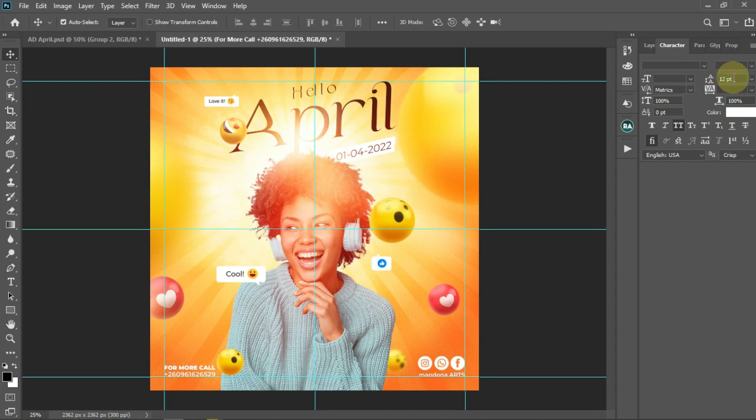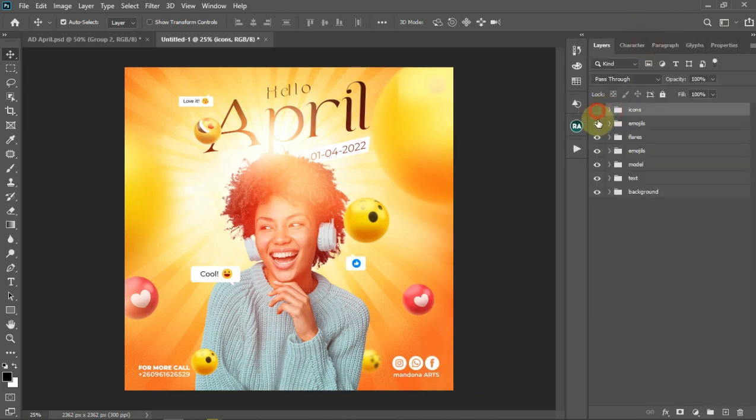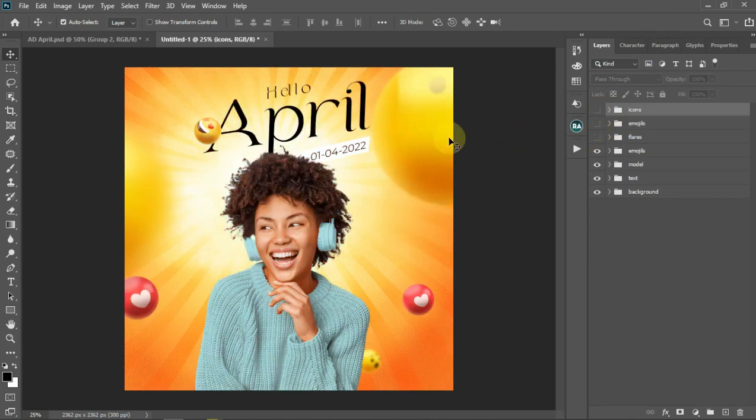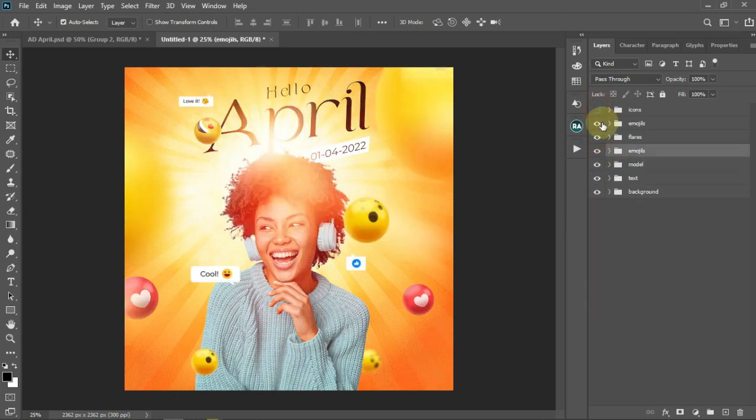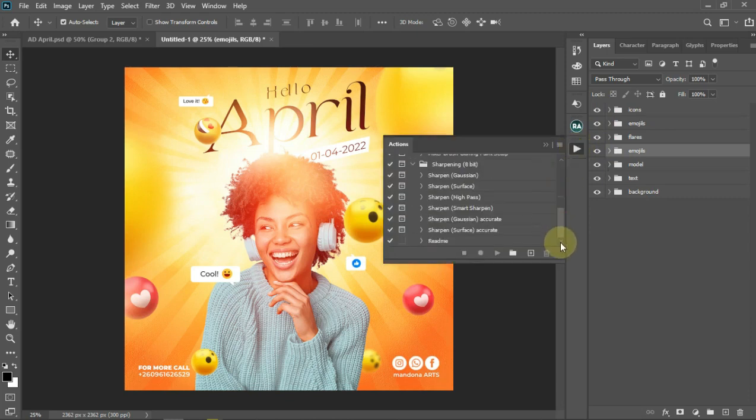Okay, that's okay. So let's switch off this flares. I feel it's too much. Let's drag it that side. Okay, so there you have it. Then one last thing that we are going to do now is insert, or rather let's try to put in a little bit of sharpness to our work. So I downloaded some actions which I've put in the link in the description. I've put a link. You'll be able to access these